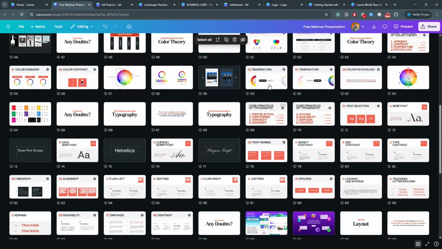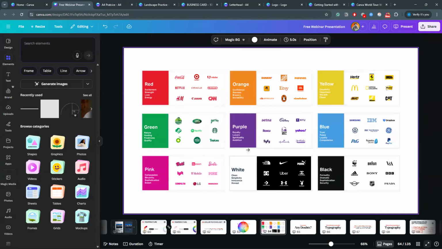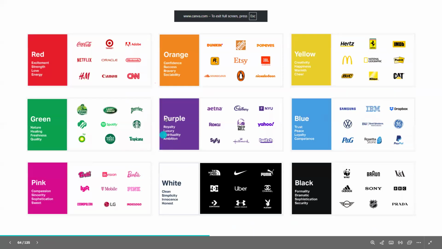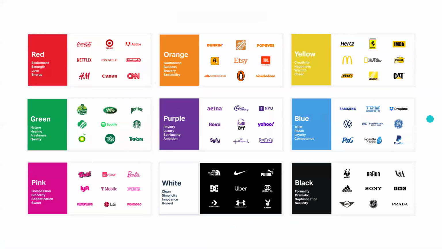If you go to color psychology, look here, right? Purple is the main color which is used for luxury, royalty, ambition. If you go to purple or a similar color, you can use it for luxury items, or for jewelry items, jewelry brand, jewelry logo.